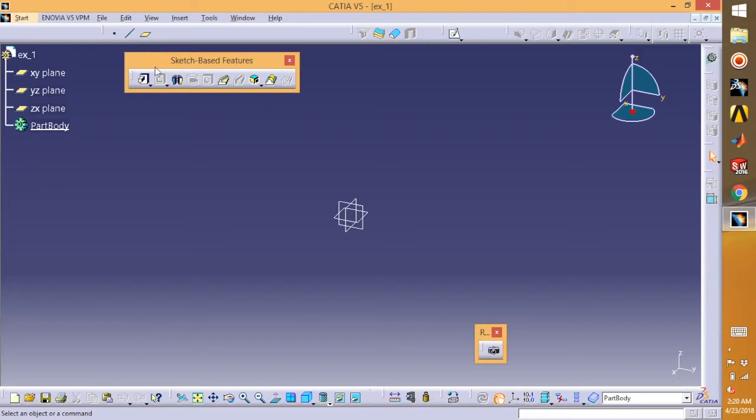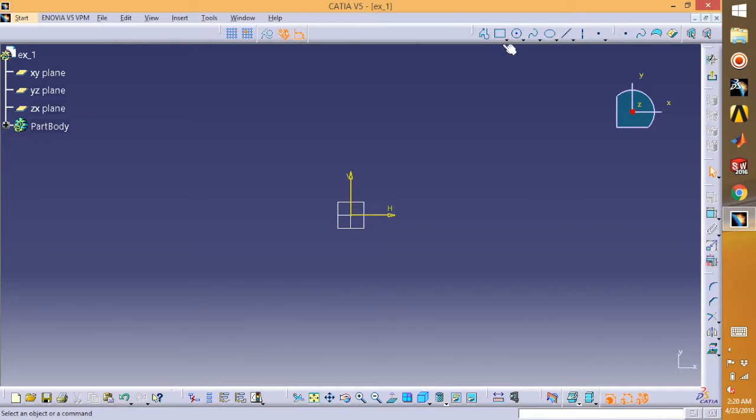As you can see, these are sketch based features, some pad, pocket, shaft, groove and all those. This is point, line and plane, and this is the sketch option. So let's quickly sketch something. For that, start with XY plane, go for a sketch, take centered rectangle,